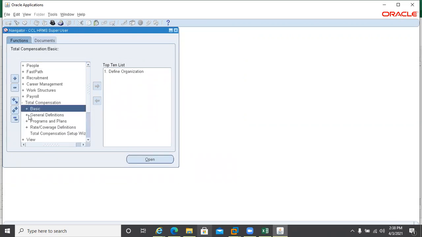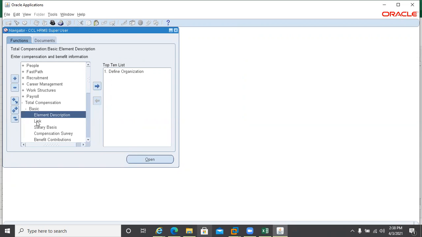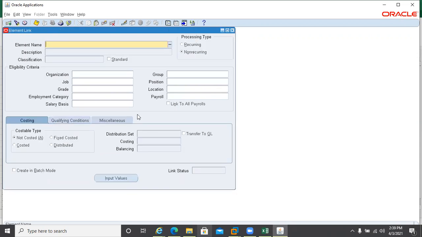No, sir. I just created the element only. Okay, let us check over here as well. For example, I select this element. This is basically our element link screen,